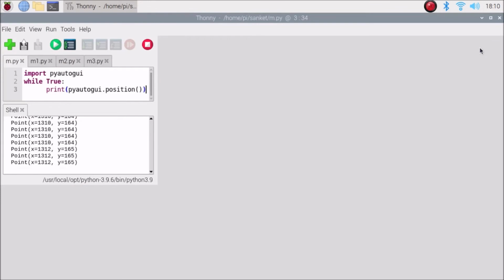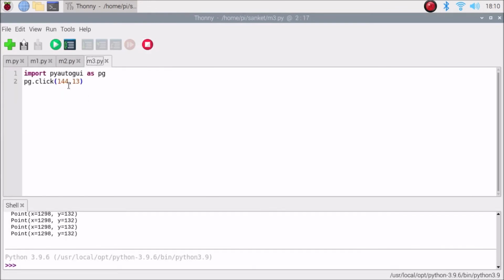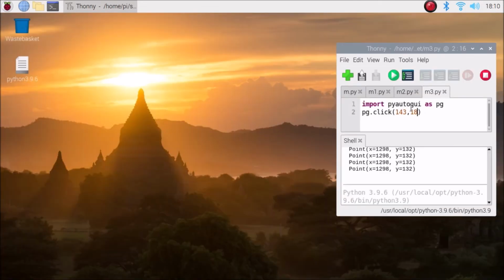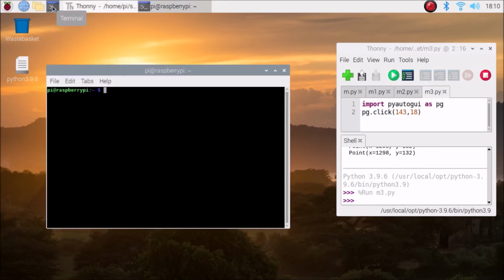It's 14318. Okay, that's it. Save the code, and now we are going to run our m3.py. As you can see, the mouse automatically moves there to the terminal, and the terminal is open.